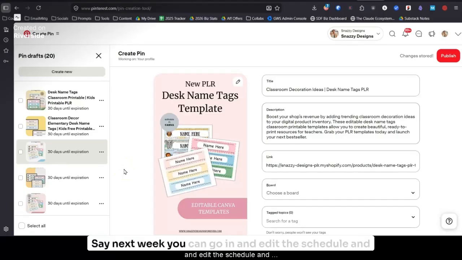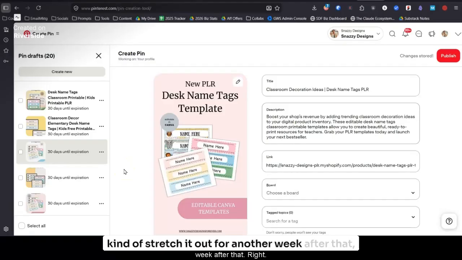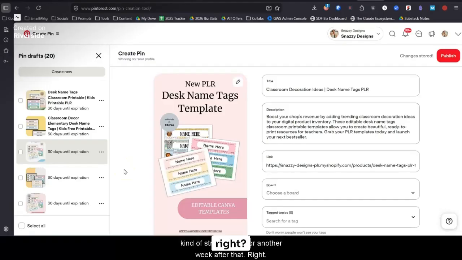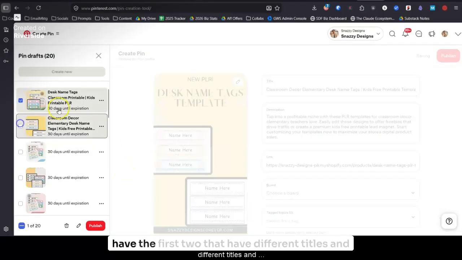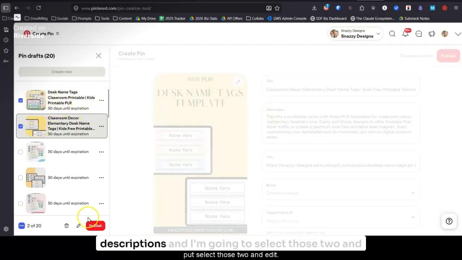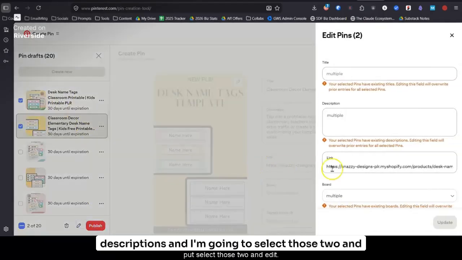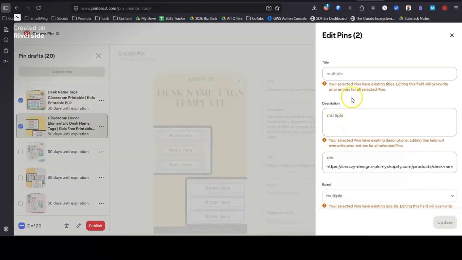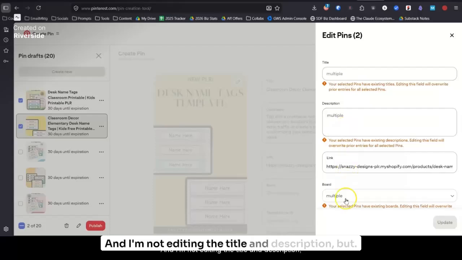Say next week, you can go in and edit the schedule and kind of stretch it out for another week after that, right? So here's what I'm going to do. I have the first two that have different titles and descriptions, and I'm going to select those two and edit. And I'm not editing the title and description, but